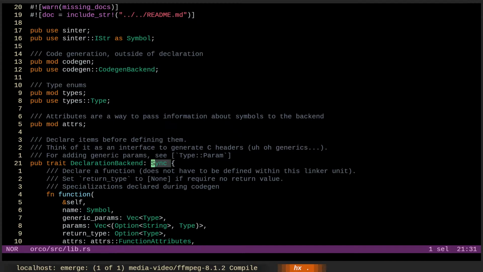I guess it's so that you can push stuff in and run it in parallel. So do not write it with Sync and Send. But I feel like you could drop that and require it elsewhere. Codegen.